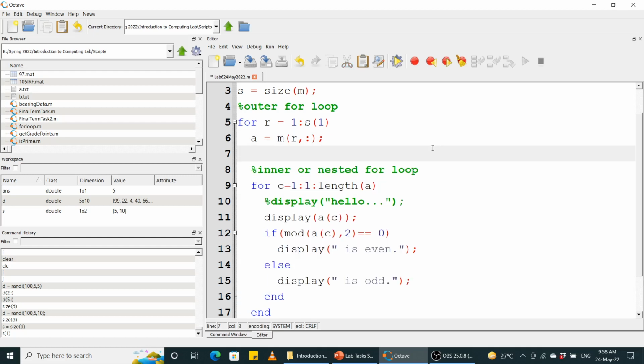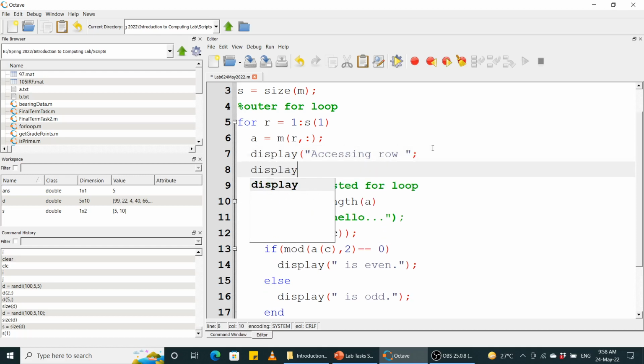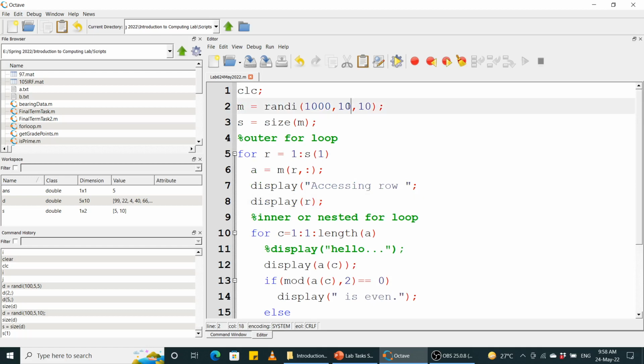तो यहां पे हम डिस्प्ले कर सकते हैं, एक्सेसिंग रो नंबर, डिस्प्ले r। तो हम रो नंबर 1 को एक्सेस कर रहे हैं, फिर रो नंबर 2 को एक्सेस कर रहे हैं, रो नंबर 3 को, ठीक है।